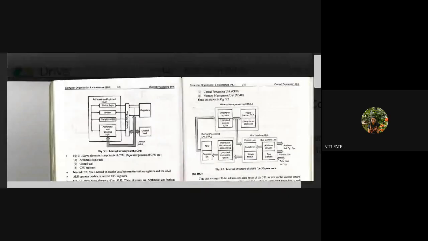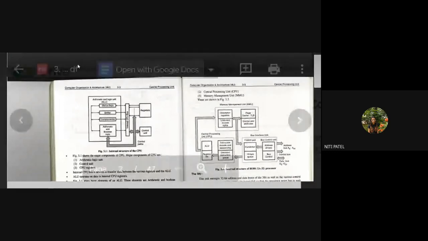And what are the examples of the status flag? Zero flag, there is one zero bit which is a part of the status flag, sign bit, carry bit, auxiliary carry, parity, all these are part of the status flag. How they change and how they are set, we will be studying in the slides ahead. So all these are the parts of your ALU.